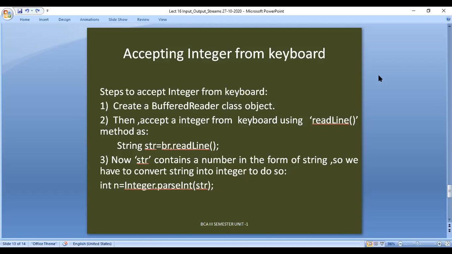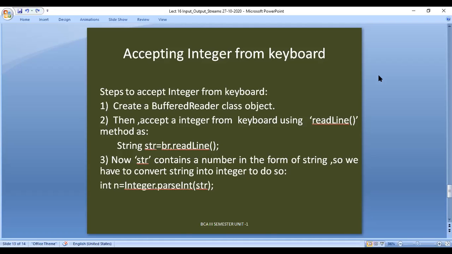So here, in the third step to accept an integer from the keyboard, str contains a number in the form of a string. So we have to convert the string into an integer. To do so, int n equals Integer.parseInt(str).